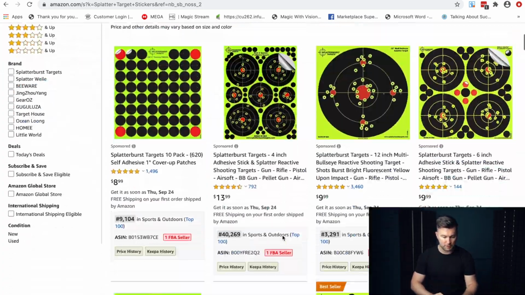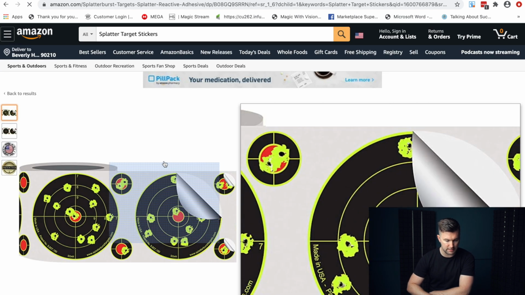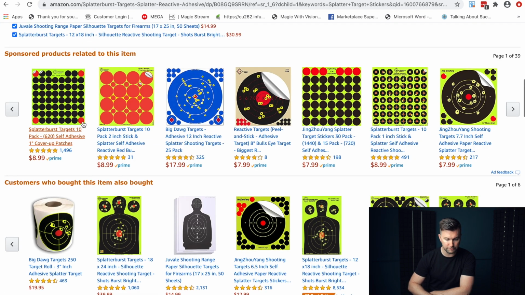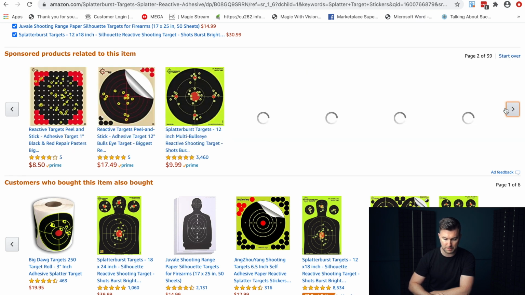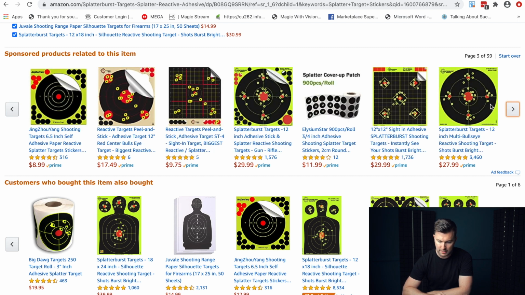Yet again, we can look at any of these now. So we can go, that's the Gear Oz when we looked at splatter burst targets, and we can see what these guys have got going on. So we can scroll down, and again, we can be looking for sponsor products related. And now we're starting to see different types of things. See all these, look. These are different types of products in the space. I want to be a little bit cautious of these price points. Some of them look a little low. We want to be well above $10 when we're selling stuff on Amazon for sure. So again, something like this,